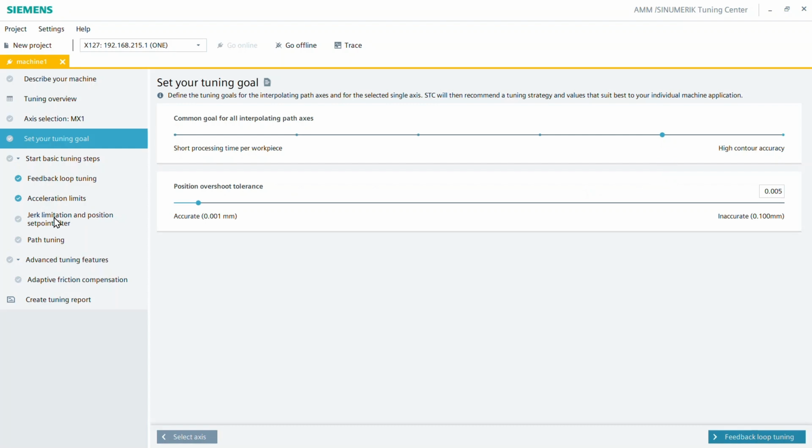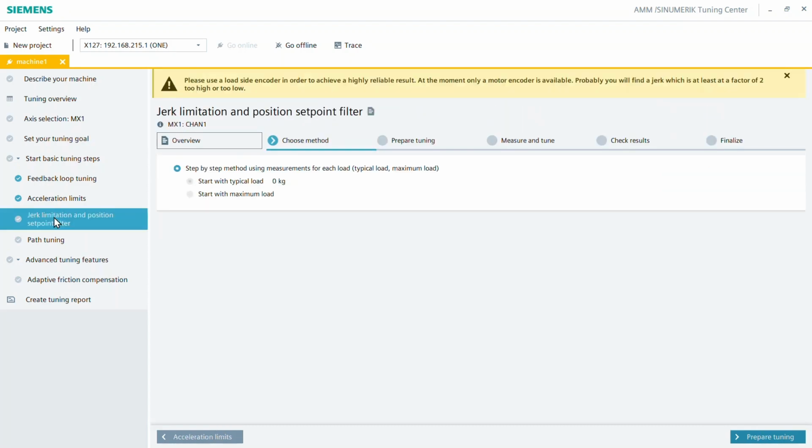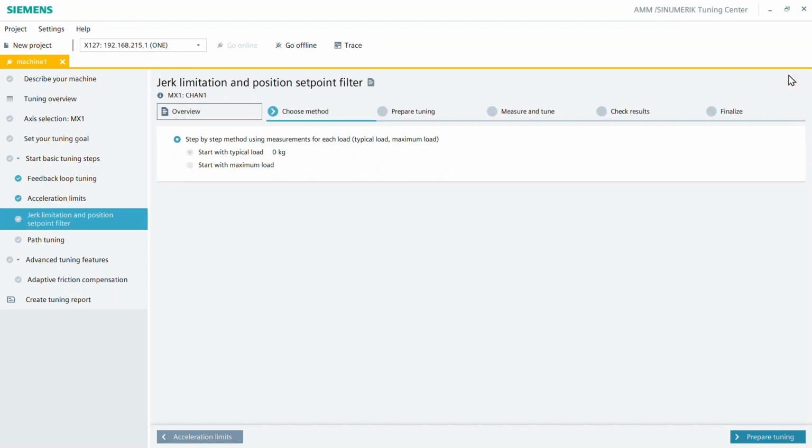Also important, when tuning the jerk limits, we want to see exactly how the axis approaches the target position in a very detailed view. It's crucial to check how much overshoot the axis shows when reaching the position and whether any vibration occurs. Ideally, this information comes from the axis slide or table itself. That means from a second encoder. If you only have a motor encoder, you'll see only the major vibrations, and the amplitude will appear smaller than it actually is at the axis. So, if possible, we strongly recommend performing the tuning with a second encoder.